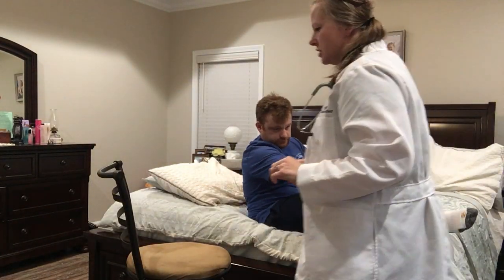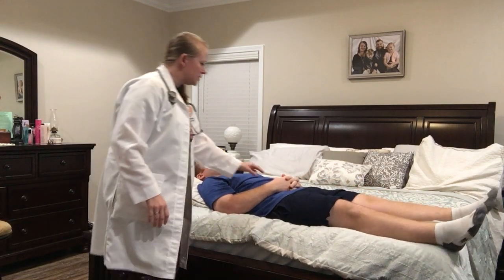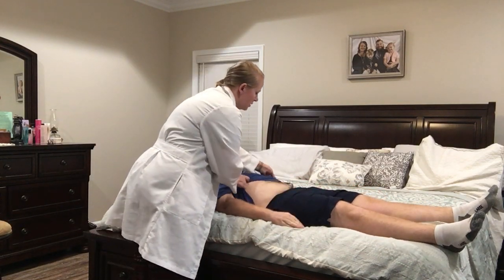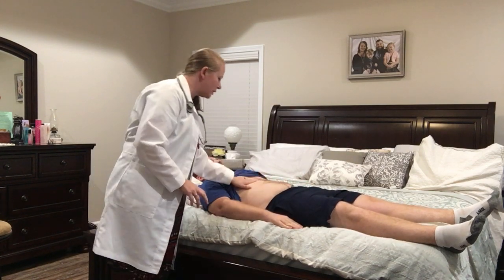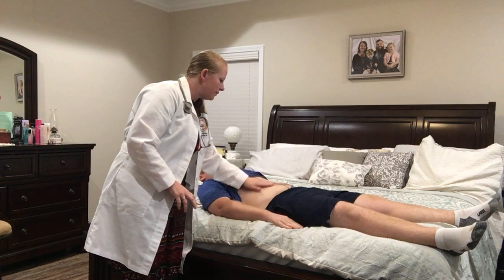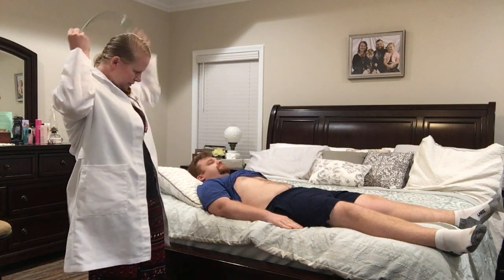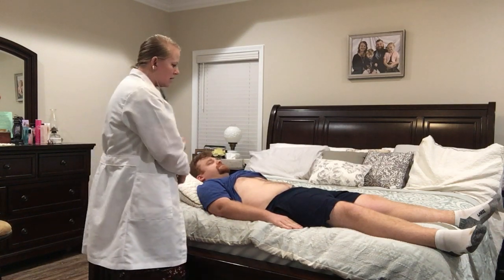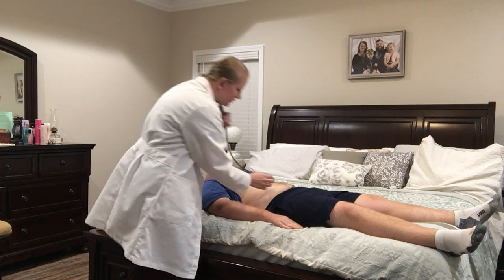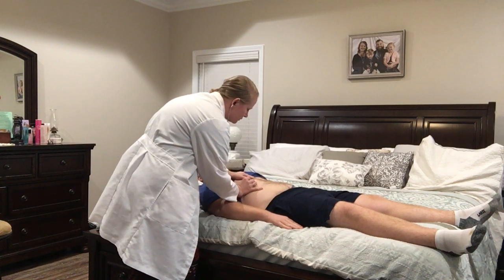There were no adventitious or diminished lung sounds noted. Next, we're going to look at his abdomen. We're going to inspect it first. It is contoured, symmetrical, and there are no striae or old surgical scars here. Last bowel movement: today. Okay, I'm going to listen to his bowel sounds here, starting in the right lower,